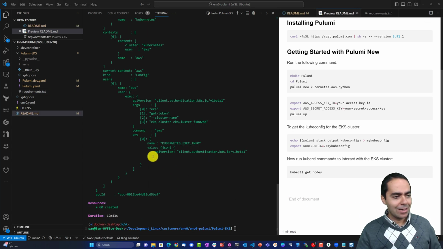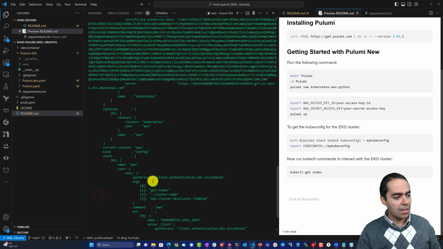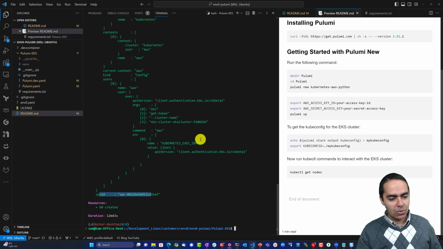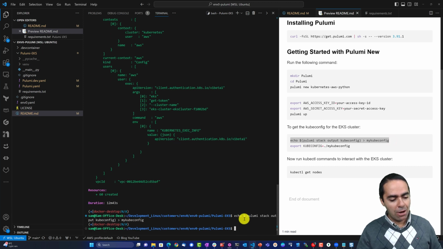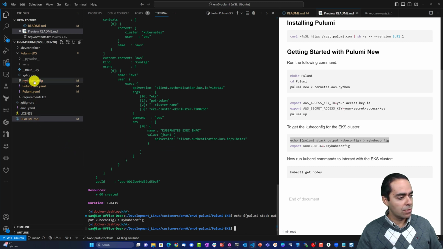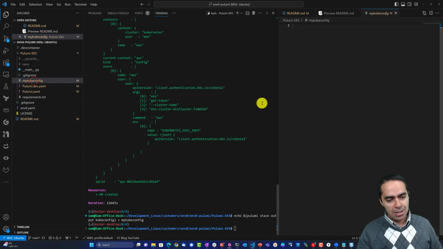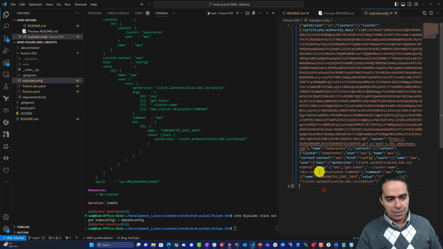All right, looks like it's complete, and we have duration is 12 minutes and 43 seconds at the bottom. I see my VPC ID, and here's my kube config. So now I can go ahead and check my Kubernetes cluster. So I can run this command. And what this is going to do is going to echo the Pulumi stack output into this file called mykubeconfig. If we open this file, it will show me the kube config that allows me to